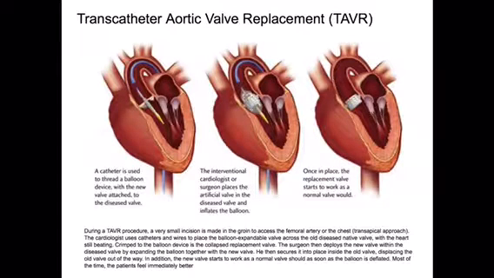Okay, so transcatheter aortic valve replacement. Obviously you can read this, but what happens is we can see that there's a really small incision made in the groin, and there's the little catheter, a little wire